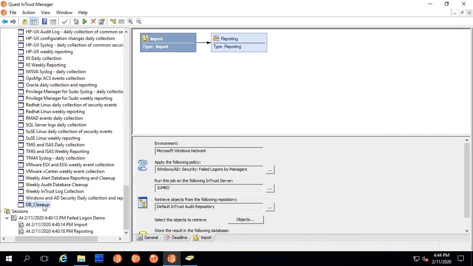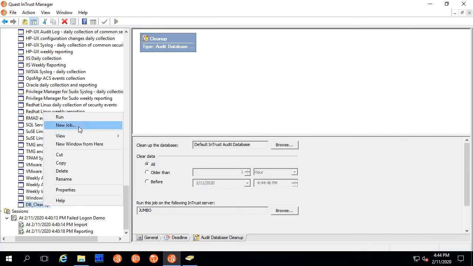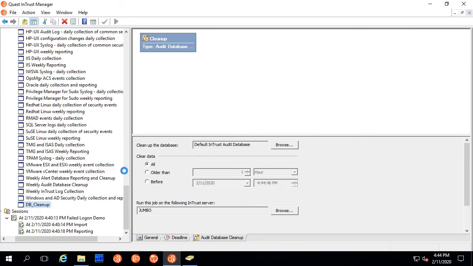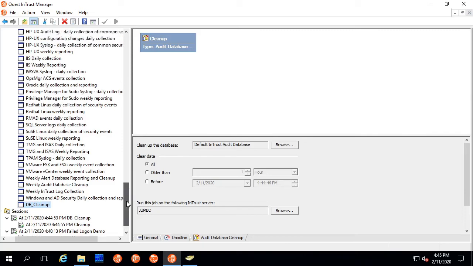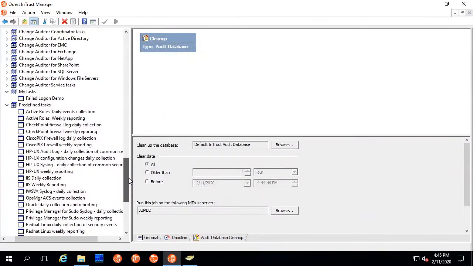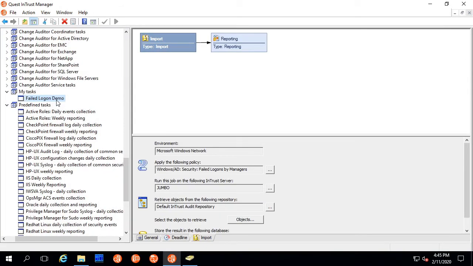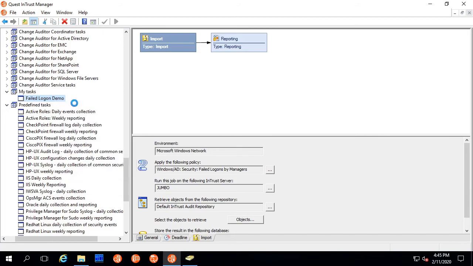Clear the old logon data from the database so it doesn't go into the report. Finally, let's confirm that the new report contains just what we need.